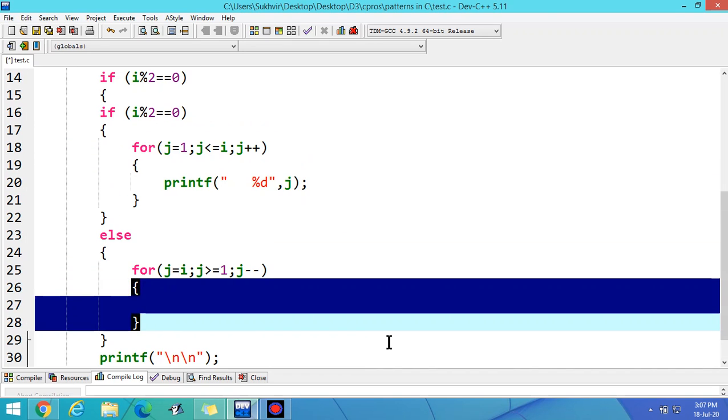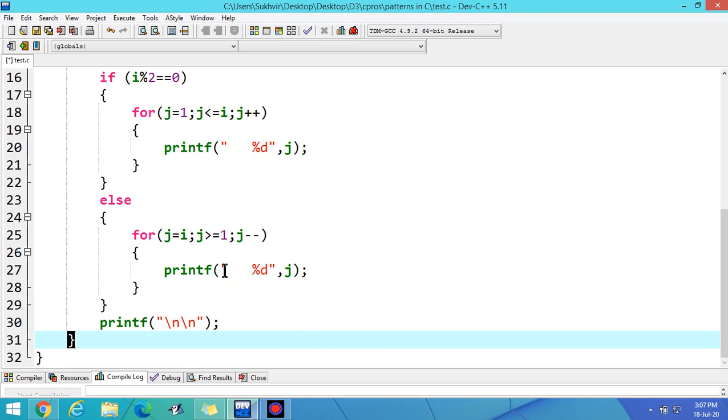Again print the value of j like this. You have to print the value of j, but this time the value of j is in reverse order. And in this block, the value of j is in increasing order. 1 to i, here i to 1. Minus minus is there. Let's execute.